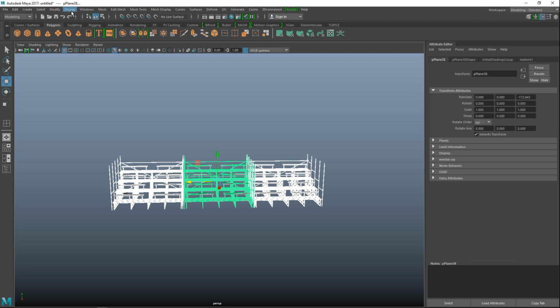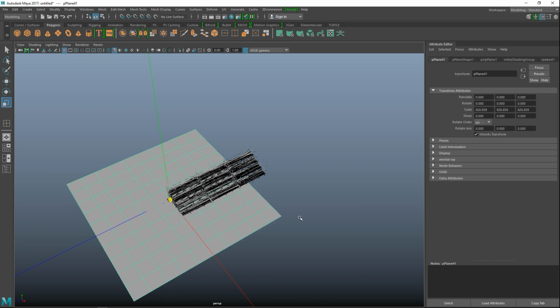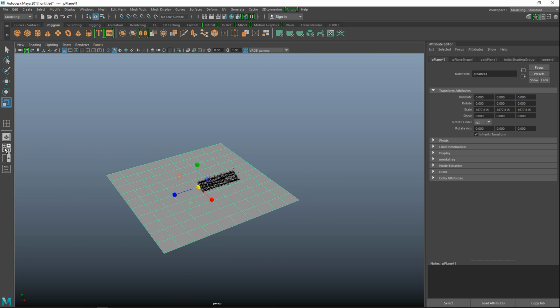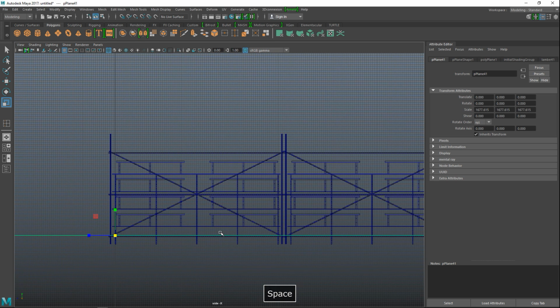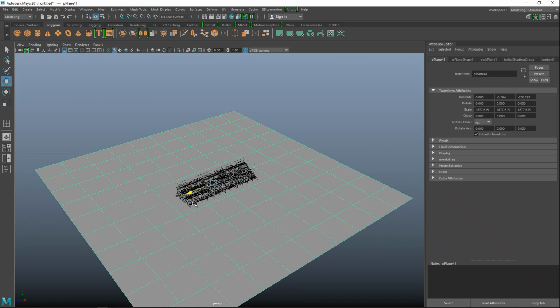We're going to go to Mesh and Combine. We'll create a floor by hitting a plane here and just pull that out, make sure it's positioned correctly, so hit W to bring that down like so, maybe move it over a bit.